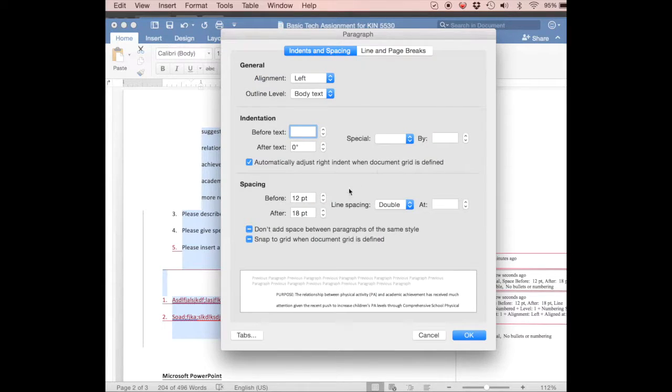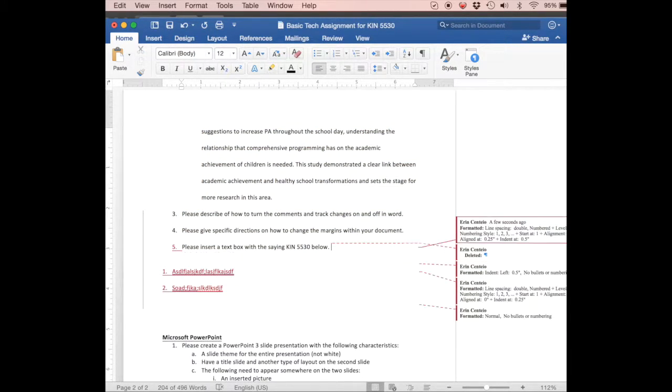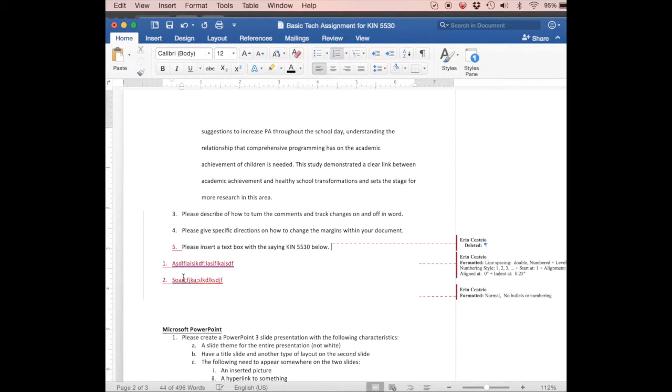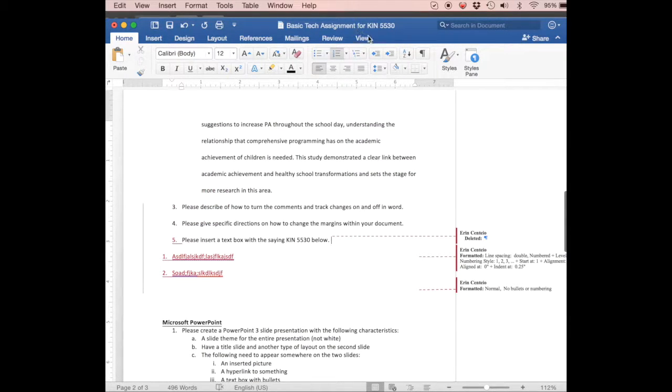If you go into line spacing options, you put these down to 0 and then it'll be a true double space. So then if you have any space here, you can fix it by deleting that and having the double space, just like that. All right,